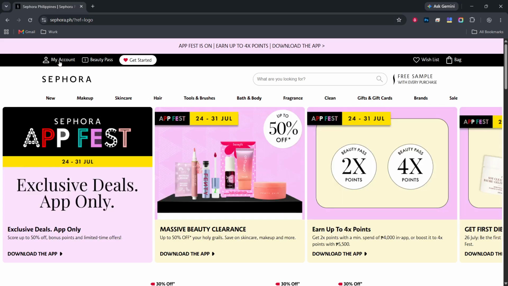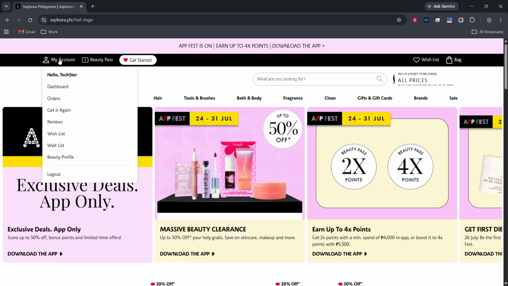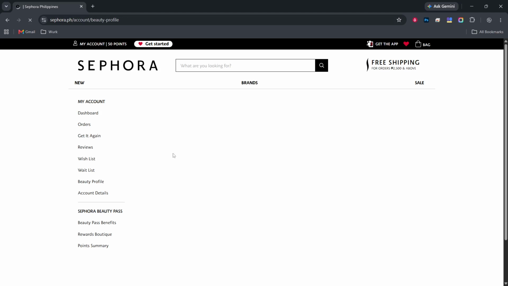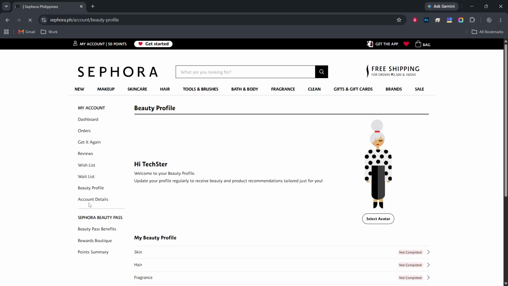Once the website is open, sign into your account. Look toward the top right corner for the Sign In or Account button and click it. A sign-in page will appear asking for your email and password. Enter your details carefully, since a single wrong letter in the email or password will stop you from signing in. After you submit, you should see your name or account icon in the top area instead of the Sign In button, which tells you that you are logged in.